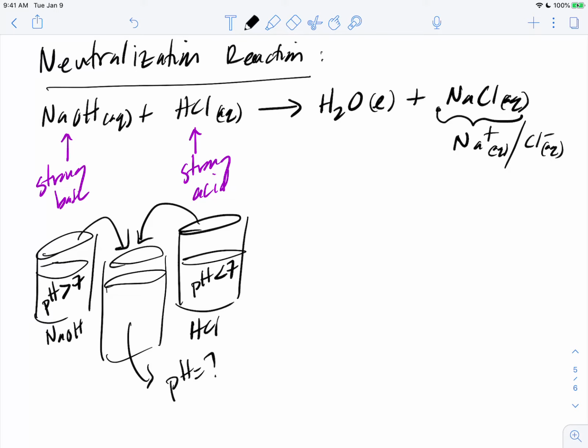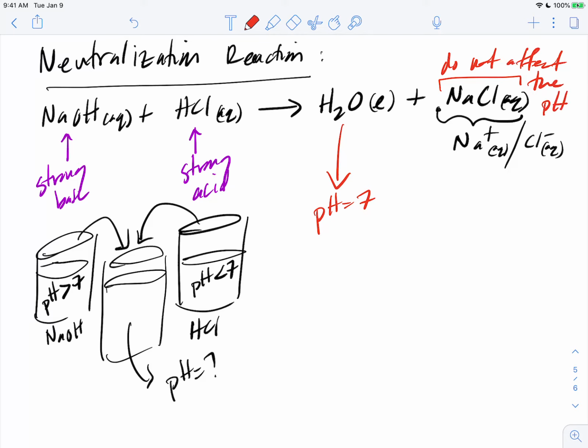And so you'll notice that in terms of pH, the water has a pH of 7, and that the NaCl ions do not react with water, are not acids or bases, so they do not affect